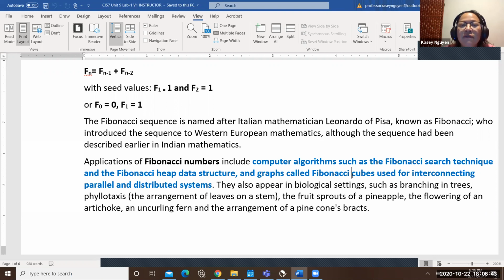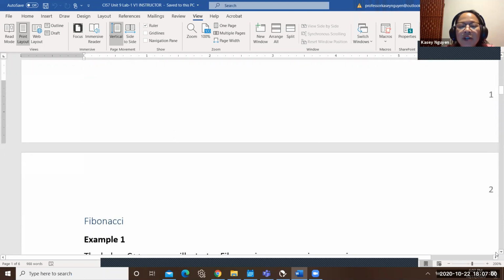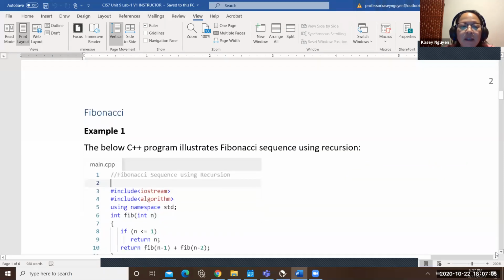The calculation of this is easy to implement, so you can see the application behind it for different areas once you understand how it's created in as far as the programming. Okay. All right, so on the first page, it's generally just give you the details of what Fibonacci would be.